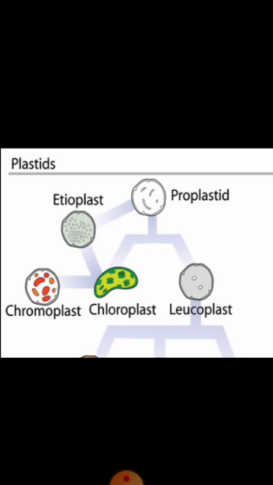Like chloroplasts are responsible for green color, chromoplasts are either red, orange or yellowish in color, whereas leucoplasts are responsible for white color. So, chloroplast basically gives green color to the leaves, chromoplasts are responsible for giving color to fruits and flowers, and leucoplasts are generally present under the ground, that is the underground stems and roots. Like mitochondria, plastids also have their own DNA and ribosomes, and therefore they can make their own proteins.